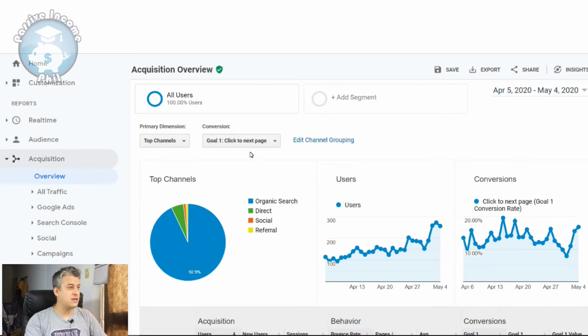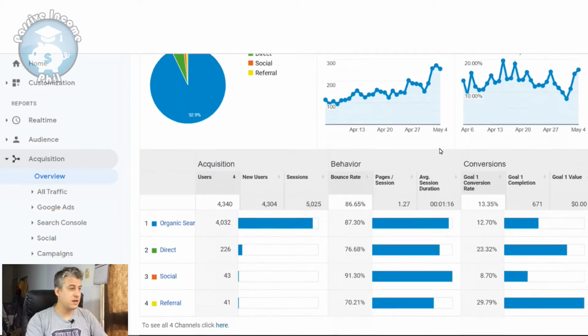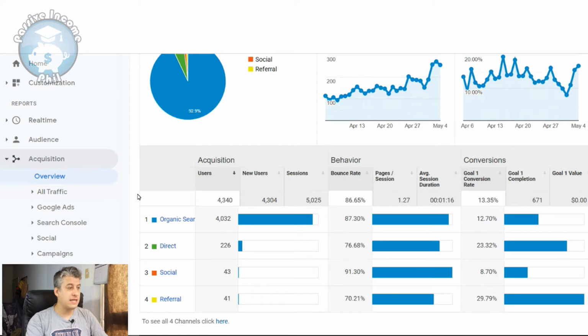So this is under acquisitions in Google Analytics, and you can see the users and my conversions for the goals that I've set up. So the goals are normally when someone clicks onto another page or clicks over to Amazon or clicks over to another affiliate, and you can set that up yourself just so you can see how often that happens. So if we just look at the numbers, you can see, for example, the number of users I have,